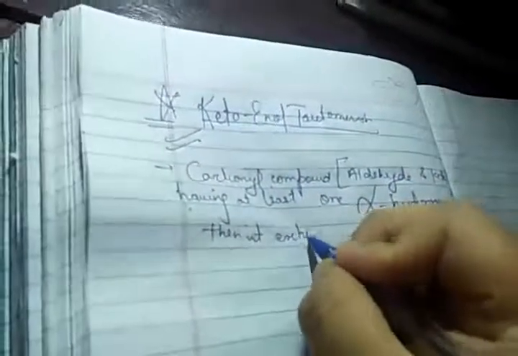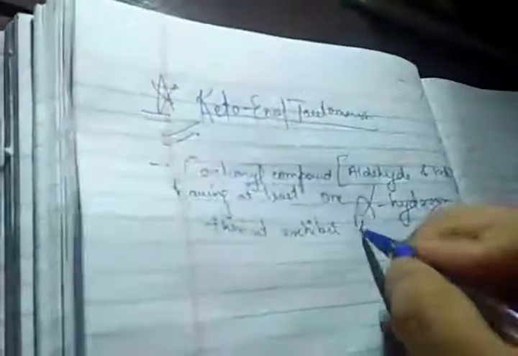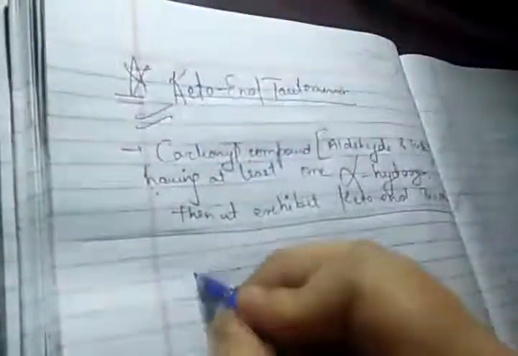Carbonyl compounds, which are aldehydes and ketones, having at least one alpha hydrogen, then they exhibit keto-enol tautomerism. Now as an example I'm going to be giving you, I'm going to be making a compound